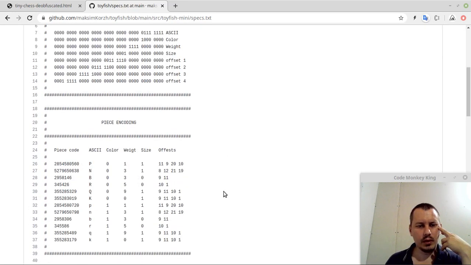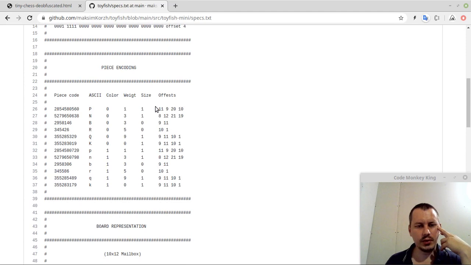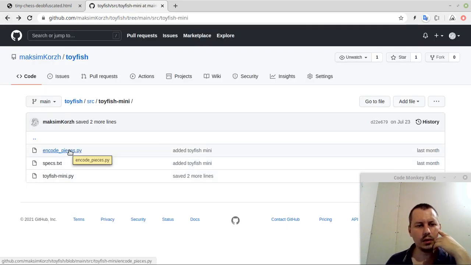But I just want to have, yeah, here are the piece offsets. So like the piece offset for pawn, for knight, it's not all of them, it's only the positive offsets. For rook, let's say 10, 1, and then would it be like minus 10, minus 1 as well. So okay, just to show you a better